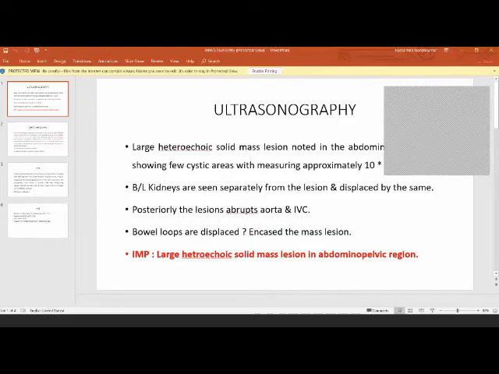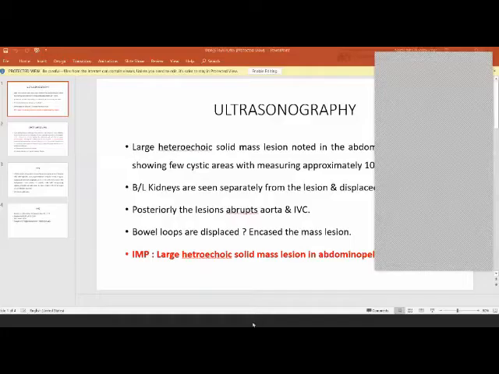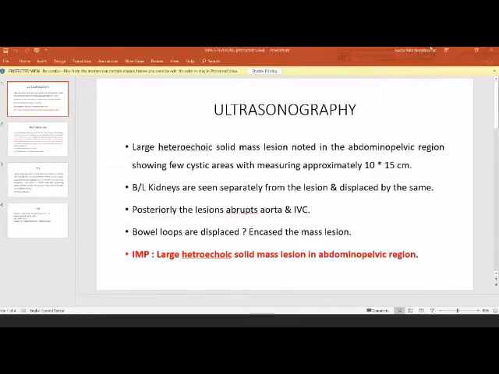Narasimha, answer only to the point that is asked. You can ask Narasimha what are the ultrasound findings he wanted, and he will tell you. Okay, he is going to read out. Narasimha, read out the report. You can read it, no problem. Even if you don't screen share, it's all right. Read the report.